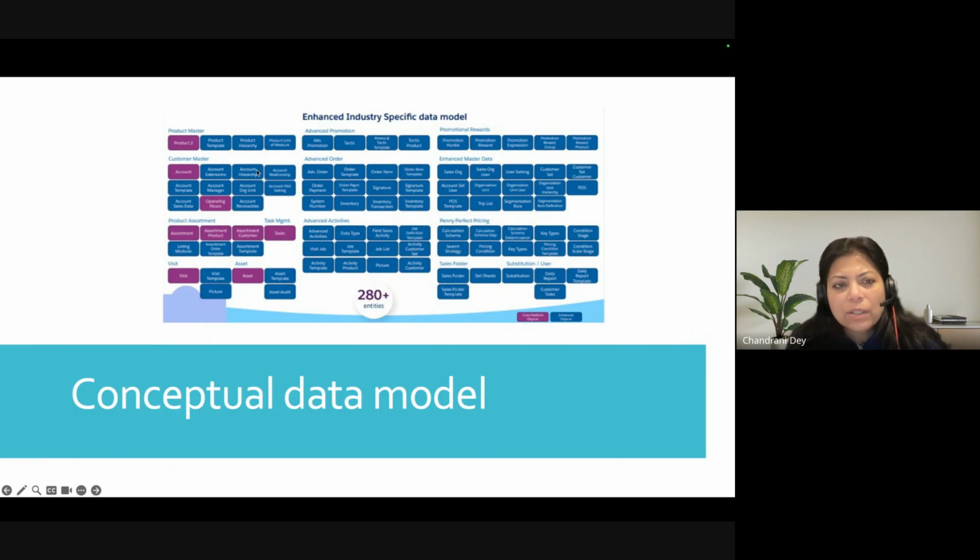Again, you all know what customer mastering is. You have account, account hierarchy, and other relationships. You have templates of account, account manager, org unit, etc. Then you have something which is part of field sales or CG Cloud, like product assortment. Product assortment is typically for use in the storefronts. That is why it has a lot of CG Cloud elements which are in purple.